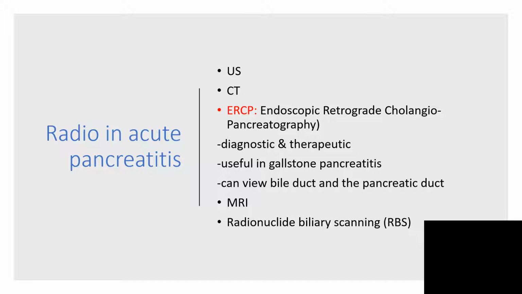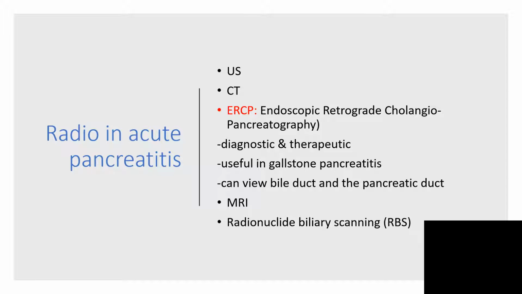We can do our ultrasound. When we do abdominal ultrasound, we look at the biliary system, we look at the pancreas, and look at the abdomen to see whether there is fluid or anything, retroperitoneal fluid accumulation, and so on and so forth. And you do your CT scan, which will show everything, show the structure of the pancreas, show signs of lesion there. And now I've highlighted ERCP, endoscopic retrograde cholangiopancreatography.